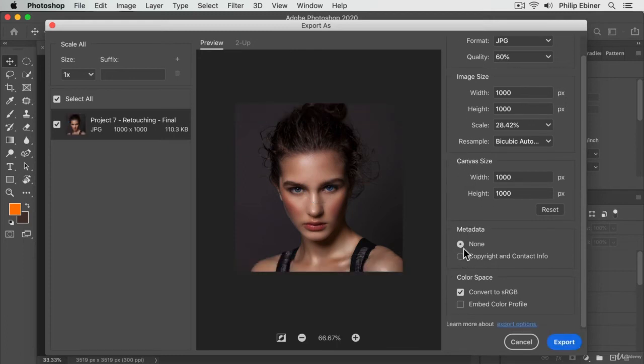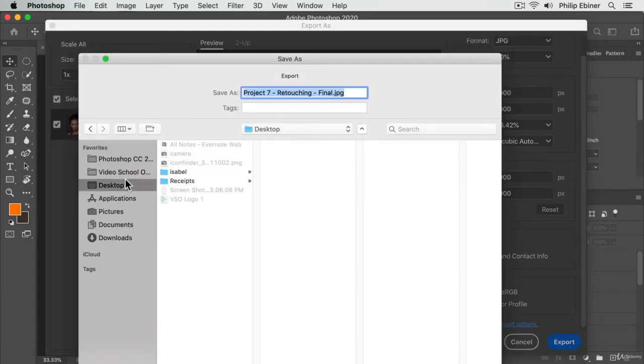And then you have options for saving metadata to the image. You can include some copyright and contact information or just none. So if you're a photographer, it's probably a good idea to include the copyright and contact information, which will be part of the metadata from your photos if you're editing them already. Or that can be set up in your preferences. And then color space, convert to sRGB is what you're going to want to choose. Then you click export, you choose where you want to export to,